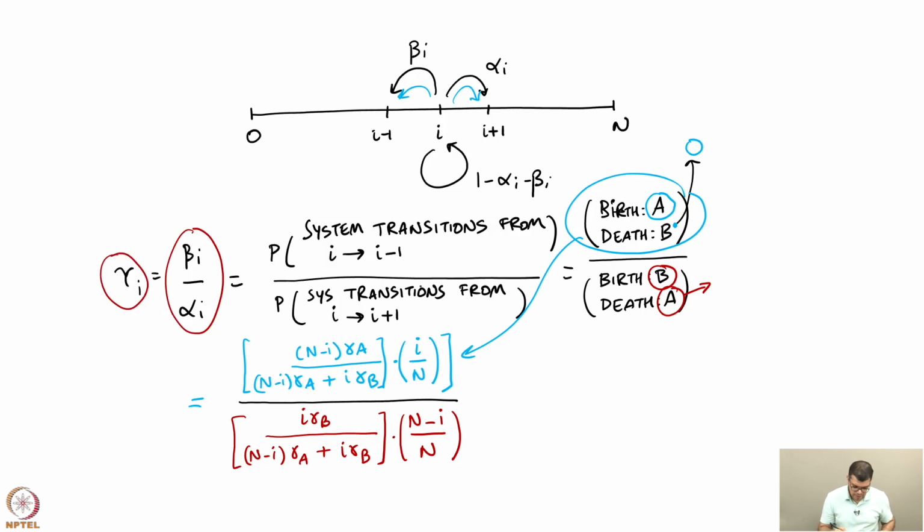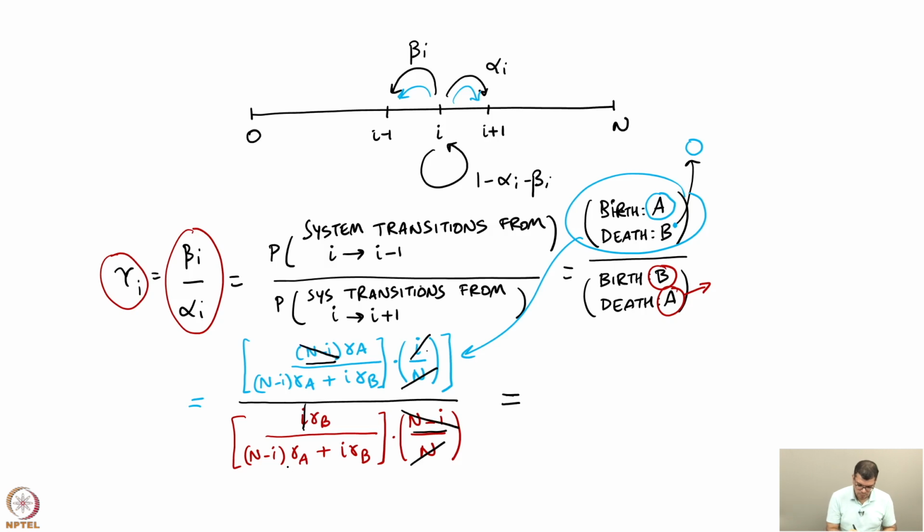We can simplify this a little bit if you carefully look at this. We can see that this n and this n can cancel each other. So, this goes. We can see that this i and this i can cancel each other. So, this goes. We can also see that this n minus 1 can be cancelled with this n minus 1. So, all of this goes,